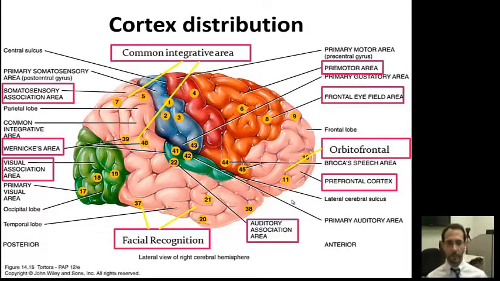Again, the brain has a wide distribution of multiple areas, anatomically speaking, with certain functions. Just going through the most important ones, what you see here in the frontal area, the more anterior aspect of the brain, is called the frontal lobe. The frontal lobe extends toward the central sulcus, which is this line right here. Basically, the division between the blue color and red color subdivides the frontal lobe